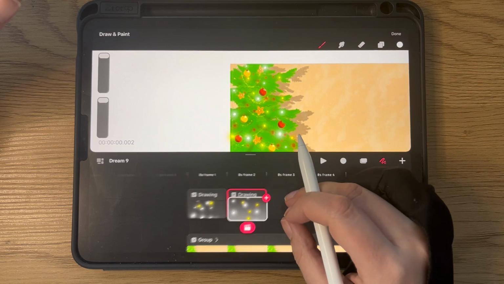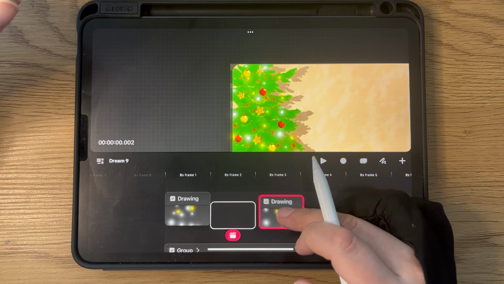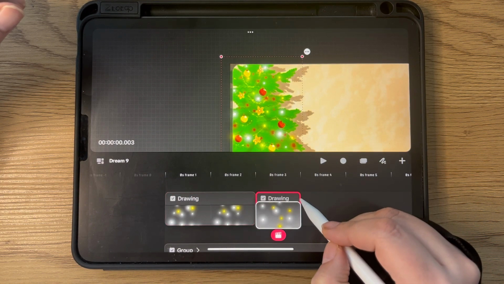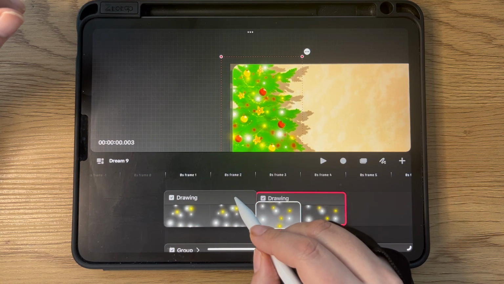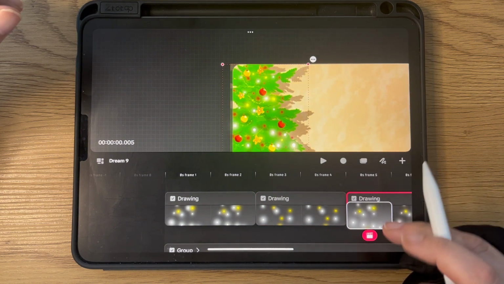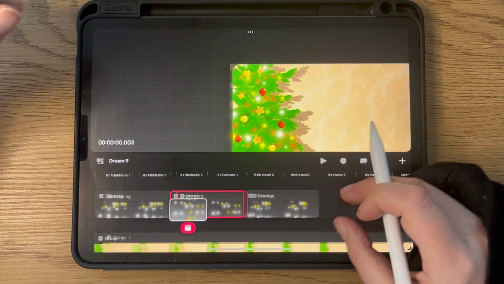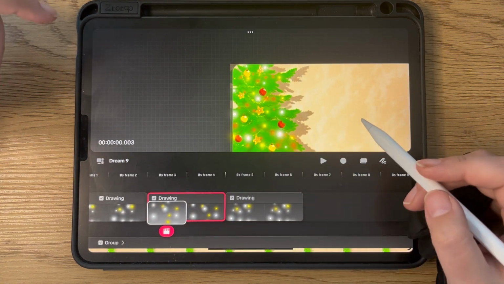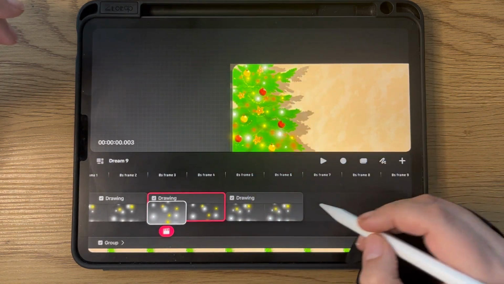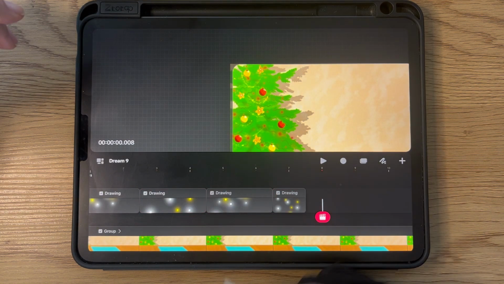Maybe it's too fast to have it in double frame, so I will stop the drawing here and move this here, and this one I will expand, and this one I will expand. Now I'm going to copy this frame and paste it here. Let's see how it looks. Looks nice, and we can play with the timing of the lights, turning on and turning off, with the timing of these frames. This one is 1 now,